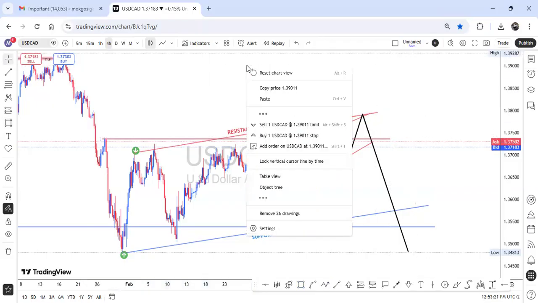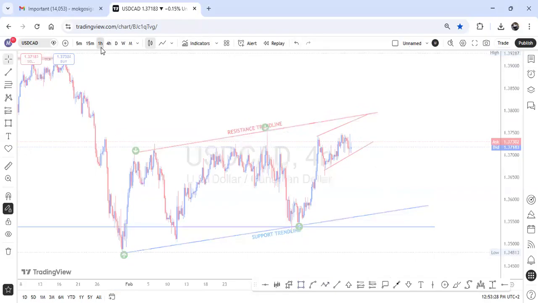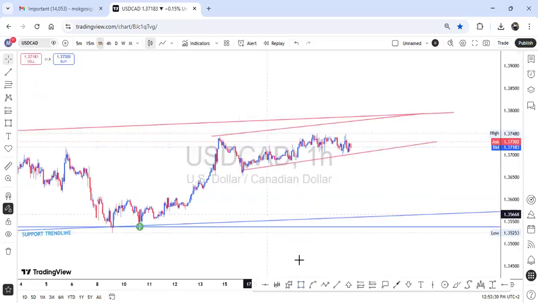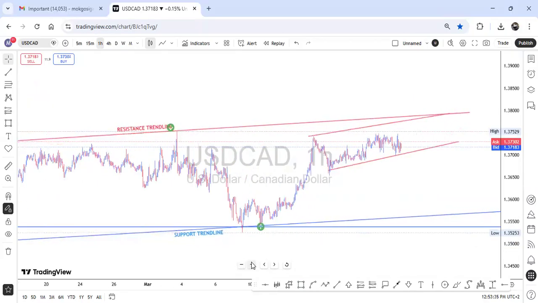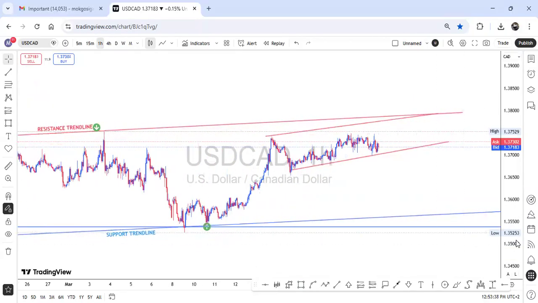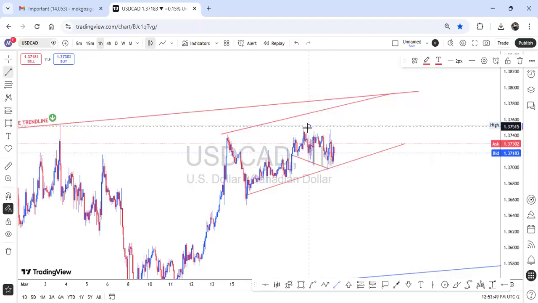Go to another time frame so that we are able to realize the things that we didn't realize on the H4 but can be realized on H1. Remember, H1 is mainly used for the entry point, the risk entry or the reduced risk entry. So this is what we are expecting. This is our probability and possibility. It's not like I'm predicting what is going to happen. I'm just showing you the probability and possibility of